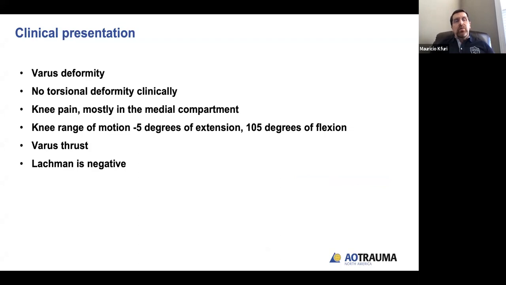In the clinical presentation, he has varus. He has no torsional deformity. In his range of motion, he lacks a little bit of extension, and he has 105 degrees of flexion. He has a varus thrust, which is very easy to identify when he walks, and he has no instability